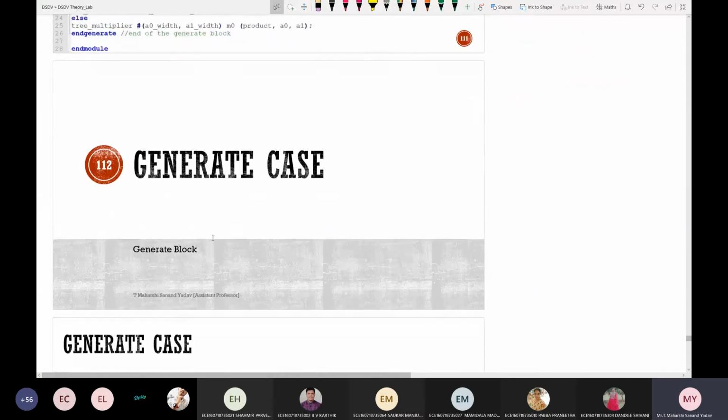Next, what about this generate case? I think you know about case statements. So what is the use of case? If there is a case, there will be an end case. Now what is meant by generate case? Use case inside generate.